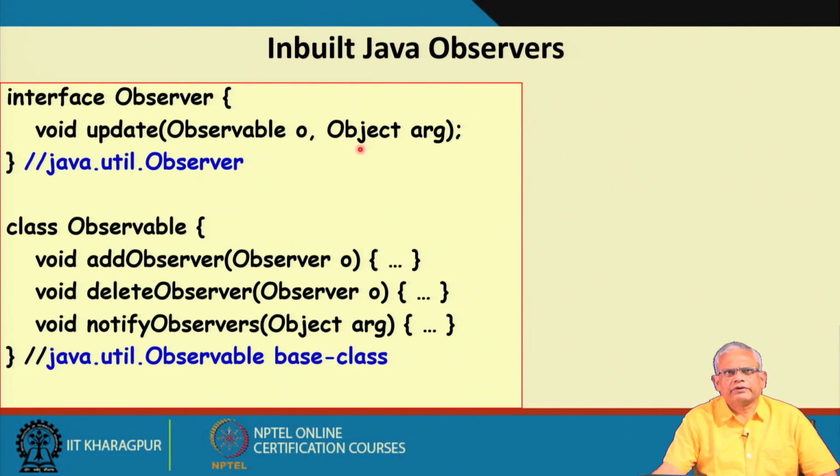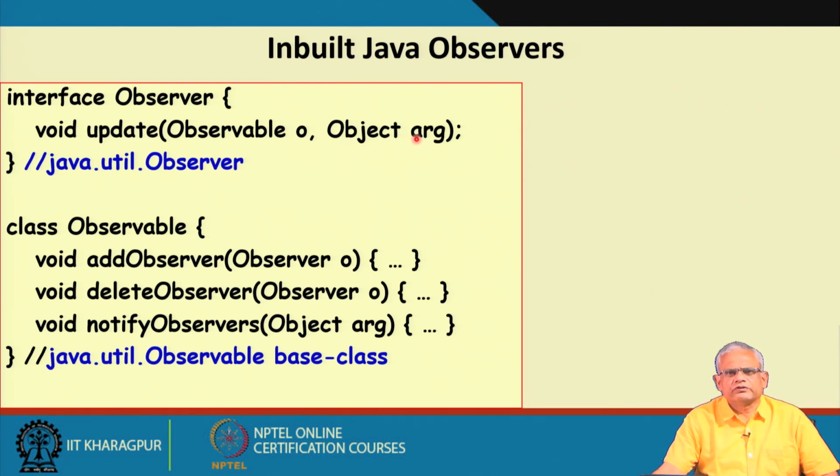Please think why we need the observable O, because the observer is observing a specific observable. Why is the observable ID passed as a parameter in the observer interface? It also passes an argument which is of type Object,